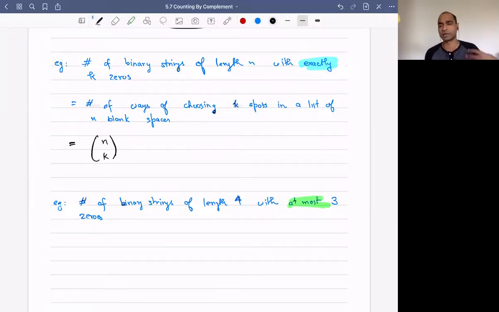Let me start by trying to solve this directly. Now I know how to do it when I have exactly k zeros, but now I want at most 3. Now what does at most 3 mean? Well, I can have either no 0, or I can have one 0, or I can have two 0s, or I can have 3 zeros. So a binary string of length 4 can have one of these 4 options, in which case it will be at most 3. So I can break this up as